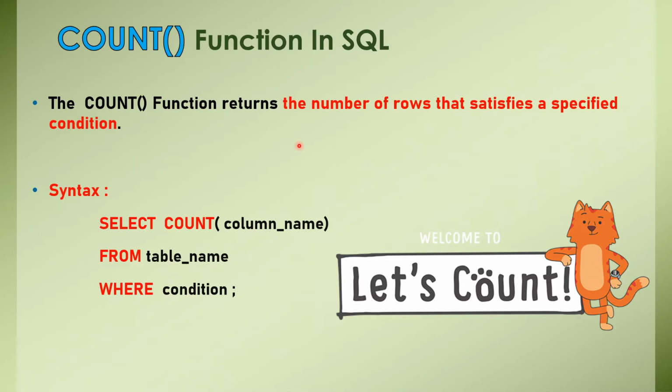Suppose I'm giving you an example. Suppose there is a business requirement to find out the total number of customers you have, and those customers must be living in India. Suppose you are a global business, and you want to find out the total number of customers you have in India. So you can give the condition where country is India from the customer table, and you can count all the records basically. How to do that I will show you in a minute, don't worry. These are some of the requirements where the count function is generally helpful. Let's see one example, then you will understand this better.